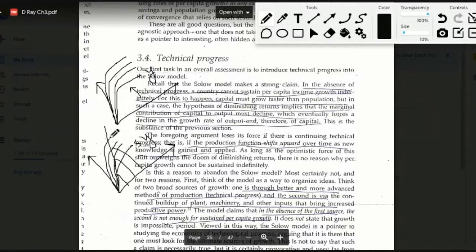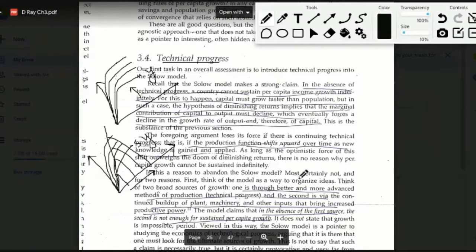Right? So with the shift in the production function, the K star value is consistently increasing, which is actually inducing a long run growth effect in the K star value. And the background effect that's leading to this change in K star value is nothing but the upward shift in the production function. And we believe that this upward shift in the production function will come from this technical progress. So in a way, what we are really saying is that the sources of growth in the Solow model are dual. They come from two sources.